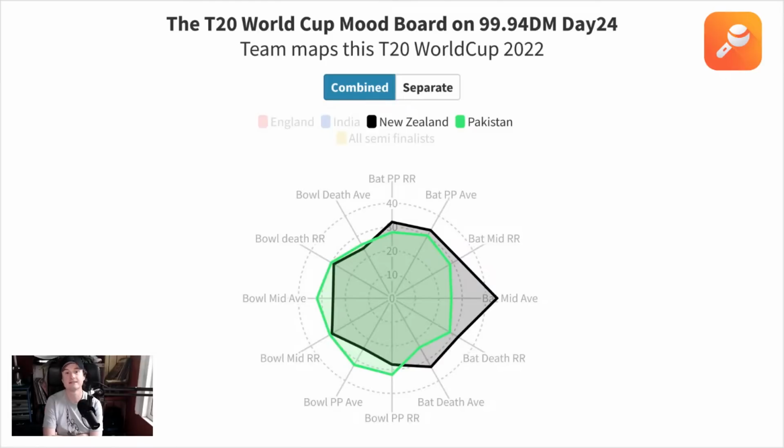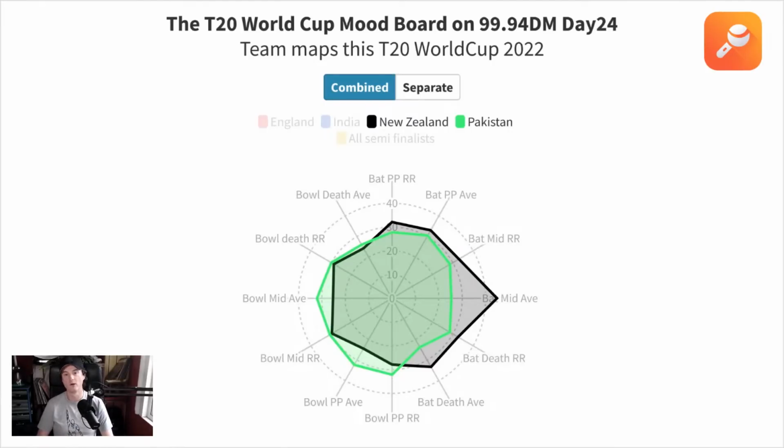The one thing I would say is that these are numbers over the last year, and I think that Pakistan have made some very interesting changes of recent times that might help them. For instance, being able to use four seamers now, especially in Australia, I think gives them an advantage that they probably haven't had at times before, or just being able to bring Mohammad Wasim in changes the team anyway. You've also got the advantage of Mohammad Haris coming into that top order, which will change the dynamic of that very slow power play run rate, if they do lose a wicket, and he can go in and exploit that part.